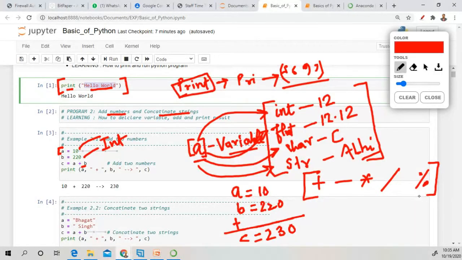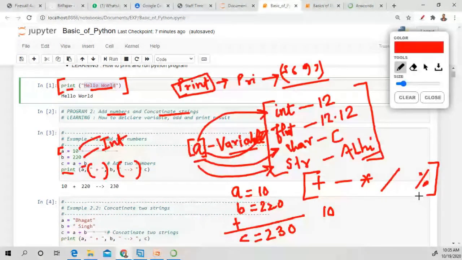After that, we have to print. Anything in between these brackets is considered as output. These are just for the representation. So how is our output represented? Here we have the value a. As we can see, a is not shown in the output, but 10 is shown. After that, we have used inverted commas and the plus symbol, and plus is shown in the output.